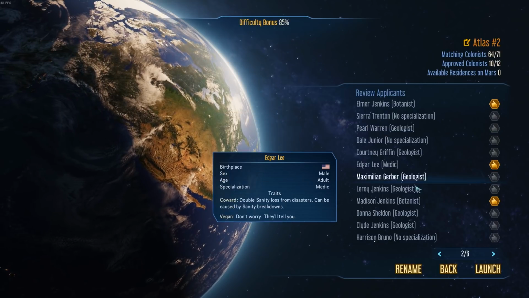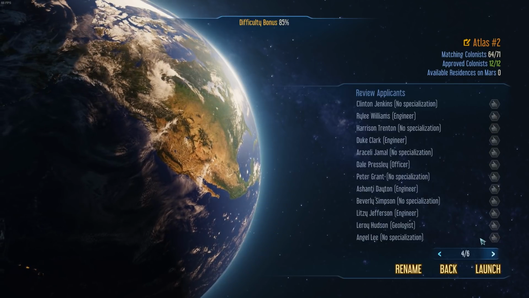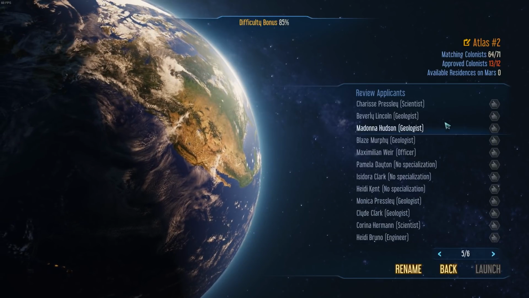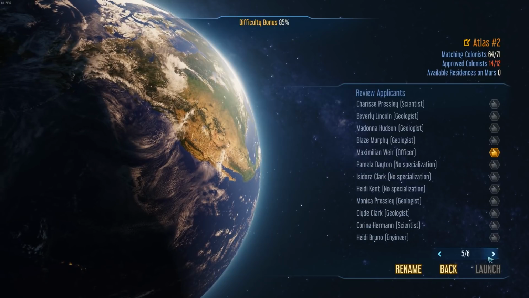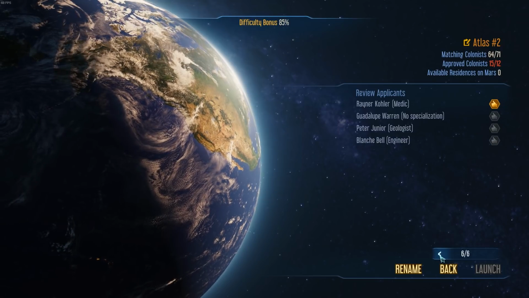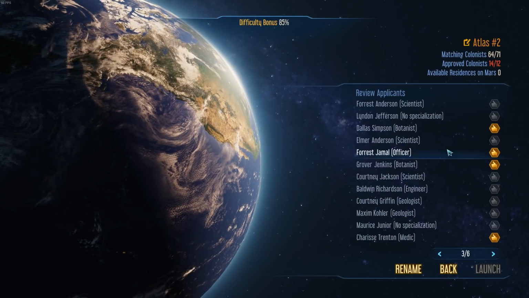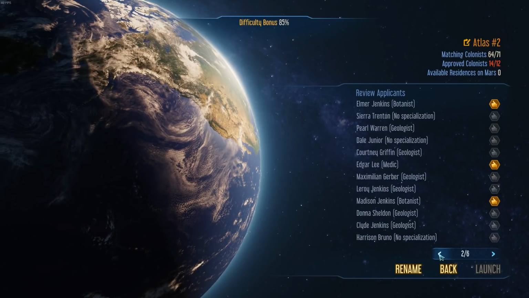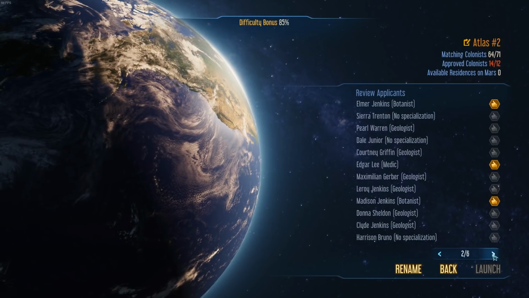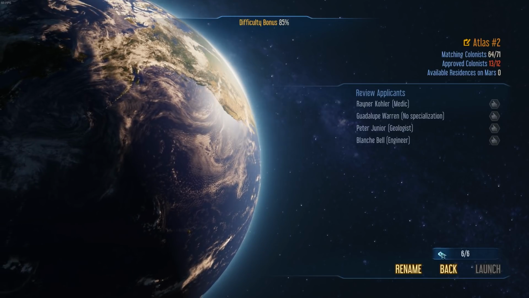So medic, officer, officer, medic, officer, officer, medic. Oh, that gives us 15. So let's take an officer off. So how many officers have we got now? 1 officer there. One officer. So 1, 2 officers. We need 3 officers really. So there's one. At least there's 1 on each shift. I'll take a medic off and